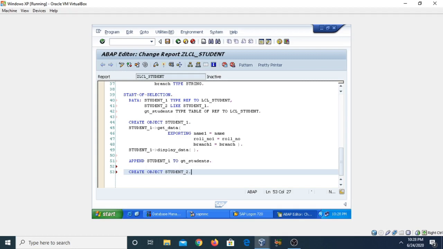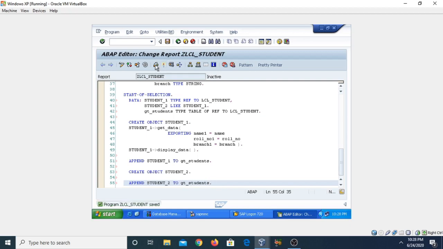And then if you want to append that object into the table, use append, and then the object name student underscore 2 to the table name GT underscore students. So in this way you can append another object.